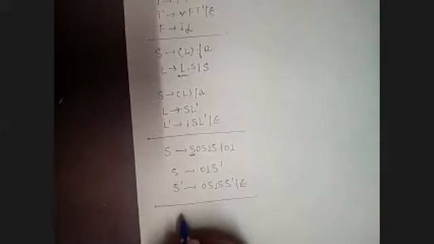Take one more example. A tends to A alpha or beta. Now, if you want to remove left recursion, A tends to beta A dash, and now A dash tends to A alpha A dash, and then epsilon. In this part, this production is A dash, this production is A. So there is no recursion. So this is the final solution for this particular problem. I hope each and everyone is clear.